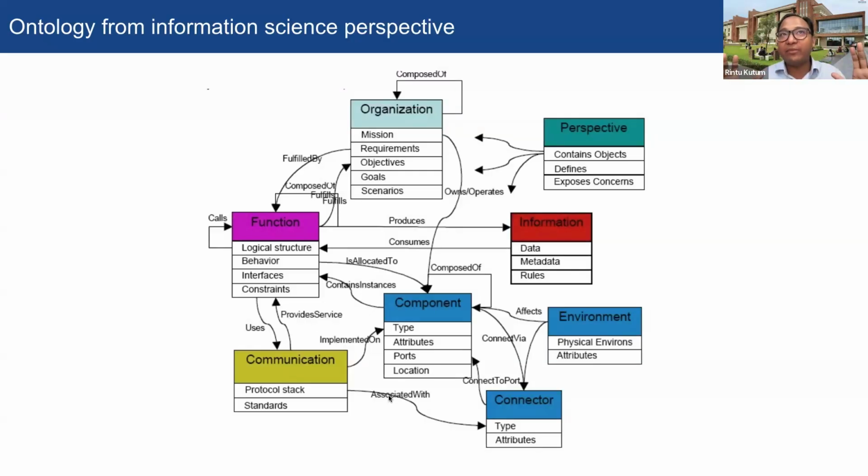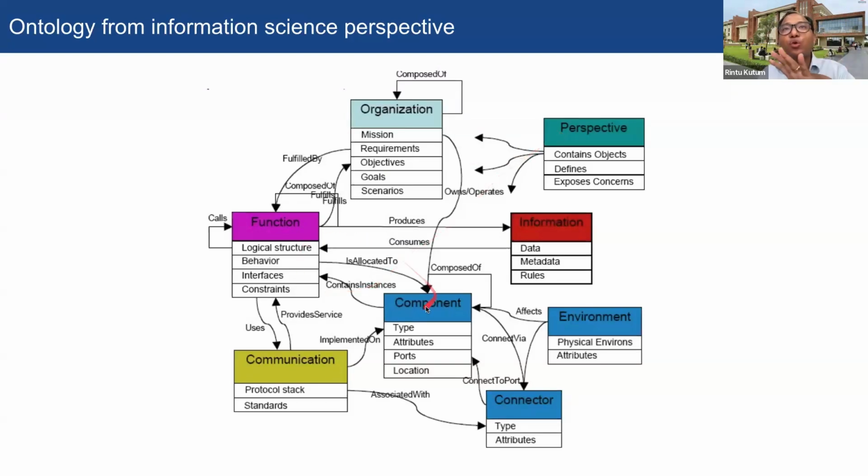you can have different environments which can be grouped. For example, you have information that can be grouped into properties like data, then metadata, then the rules. You can have environmental systems, which are the physical environment and their attributes. For example, you have a computer, and you define what environment the computer is in, what attributes are there, and what the properties of that particular room itself are. Then you can have components, then protocols for how to go about communicating across the systems. Then you can have the organizational point of view: